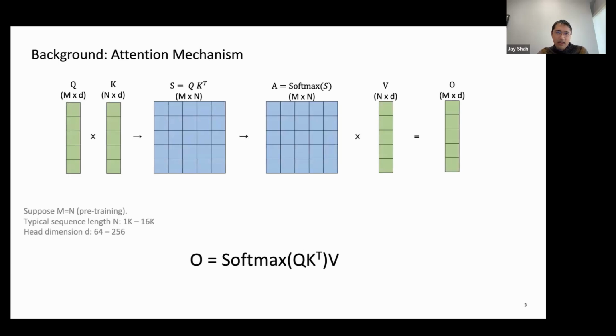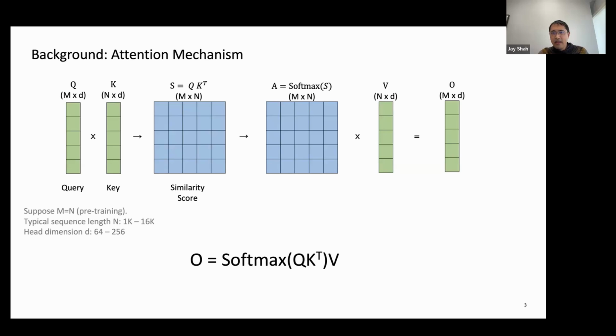So what is attention? Attention is the key component of the transformer architecture, and it involves the formula O = softmax(QK^T)V. I start with my query and key matrices, M by D and N by D. They're drawn like rectangles because D is typically much shorter than the sequence length. From this, I compute a matrix product, which records the similarity scores of comparing the query against the key tensor.